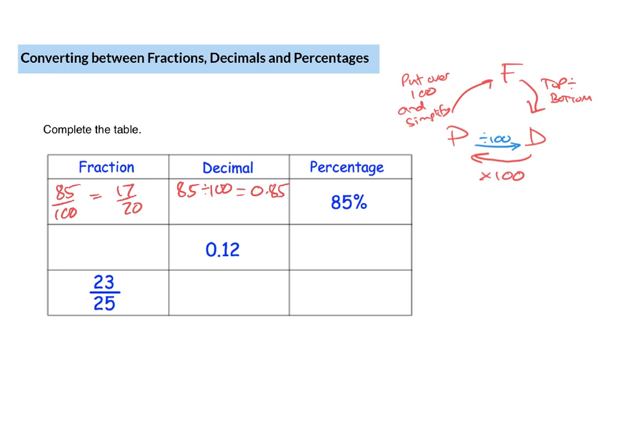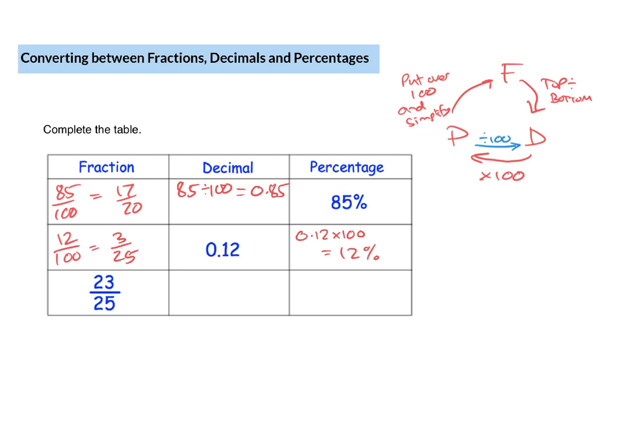The next one I have 0.12. So as a percentage, I do 0.12 multiplied by 100, which equals 12%. And I take my percentage, my 12, I put it over 100, and then 12 over 100 becomes 3 over 25. Notice with that one, we don't go from decimal to fraction, we go from decimal to percentage, percentage to